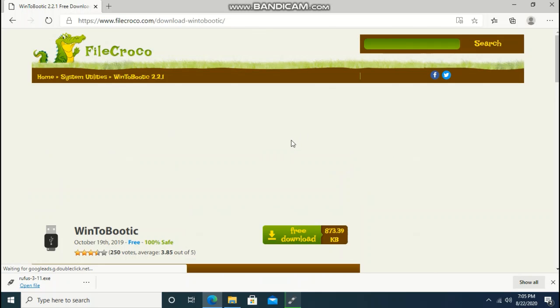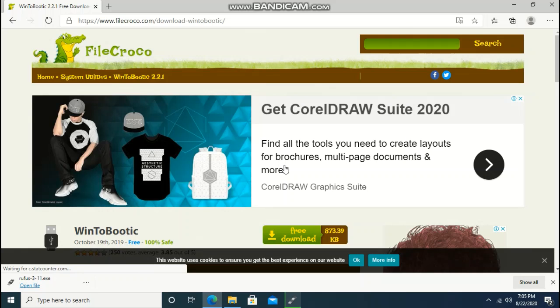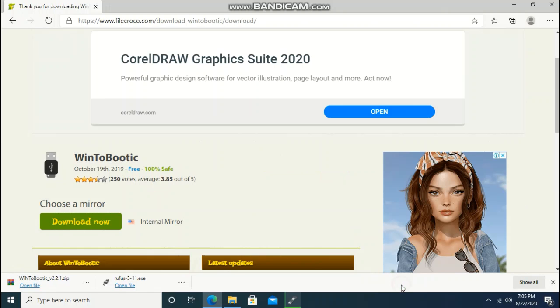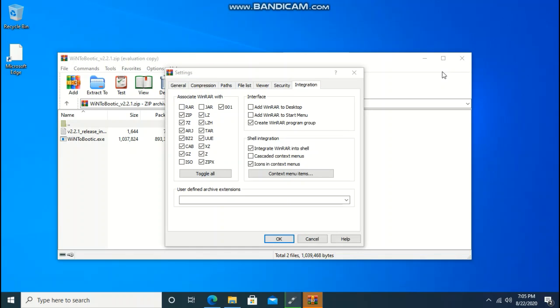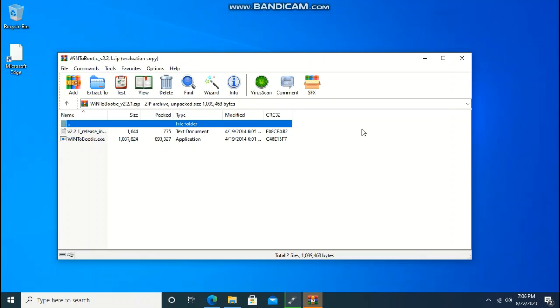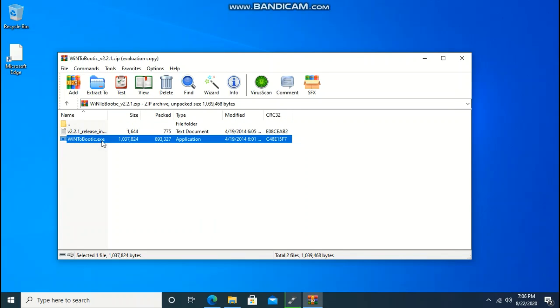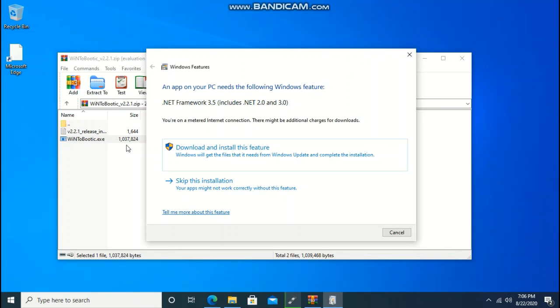You will be asked for administrative permissions to download this also. If you are using Windows 10, it will scan for viruses automatically. It will download as a zip file. Open it and extract the file. I will just close this and click on the application, and it will extract. And if you want, you can download this feature. I will skip download installation and run it from the zip.